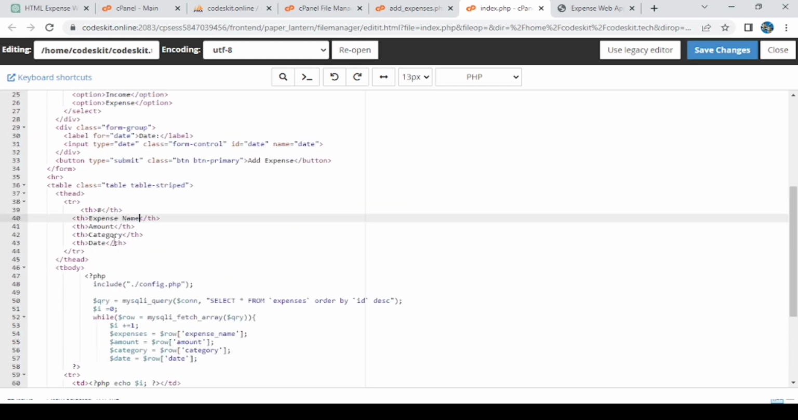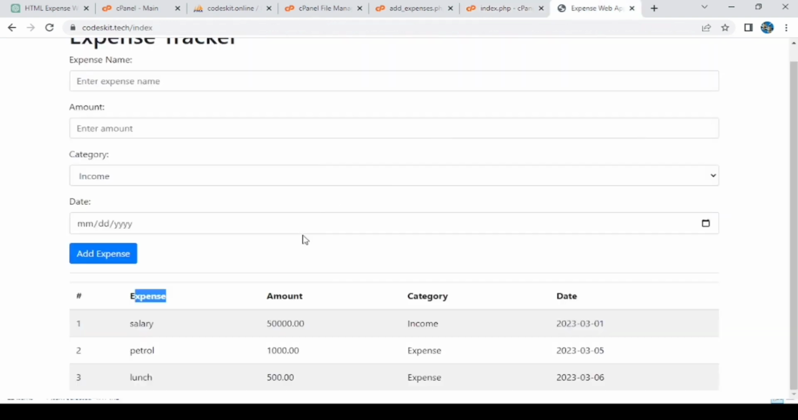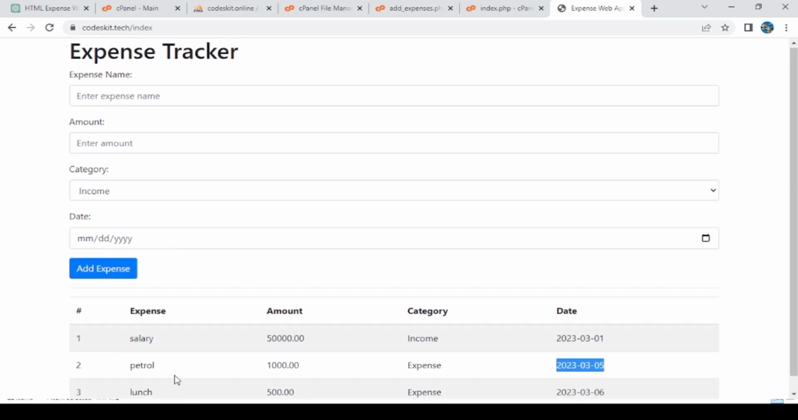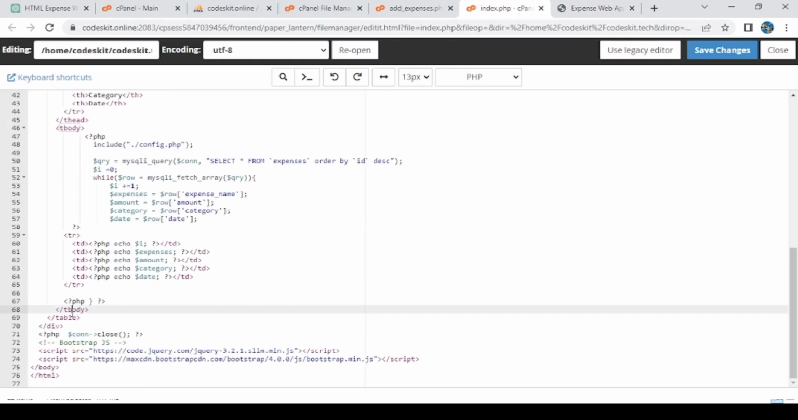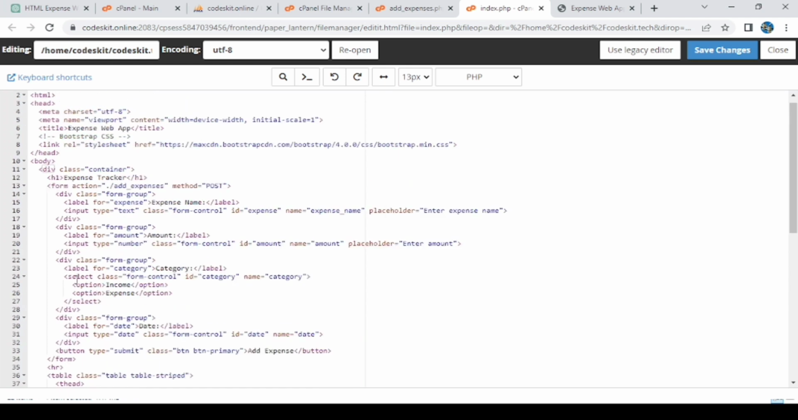I'm going to change this name to X1's name, because it's only displaying X1's. I'm going to refresh the page. It's not updated yet, it will take some time. Now it's displaying in ascending order using ID. So we need to display it date-wise,